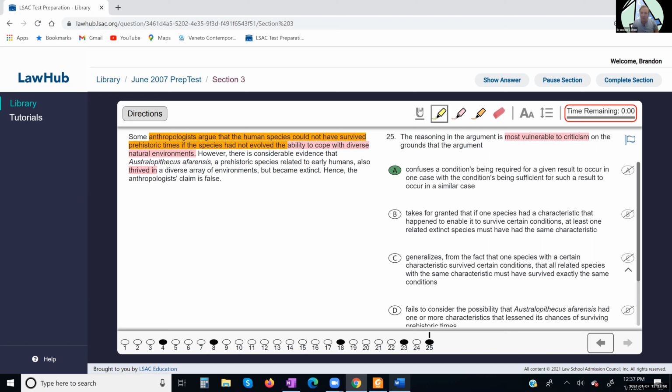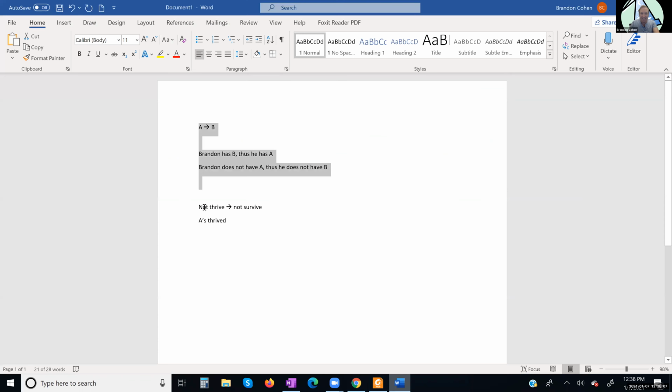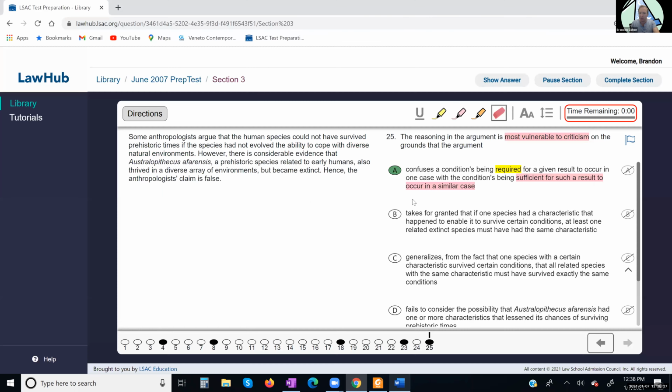Now, if we go to the other answer choice, that's where the other condition is being required with being sufficient. So they're talking about the switch from necessary and sufficient. If we're thinking of it more conceptually, they're saying thriving was necessary for survival. But they thrived, and they didn't survive, so you must be lying. So thriving wasn't sufficient is what it highlights. It highlights that thriving wasn't enough to help them survive. They went extinct anyway. So that highlights that you're wrong about saying thriving is necessary. So they're confusing that necessary and sufficient condition.